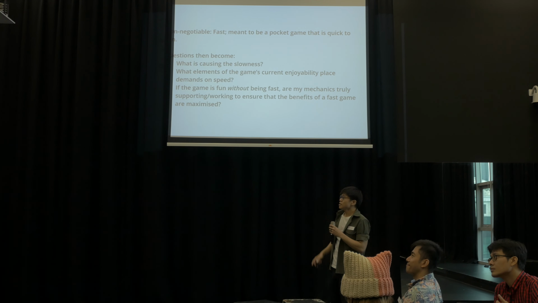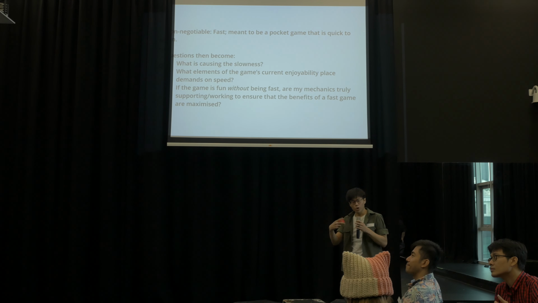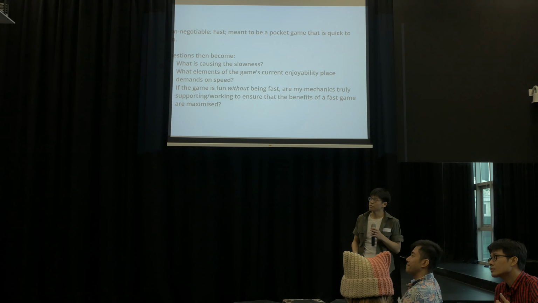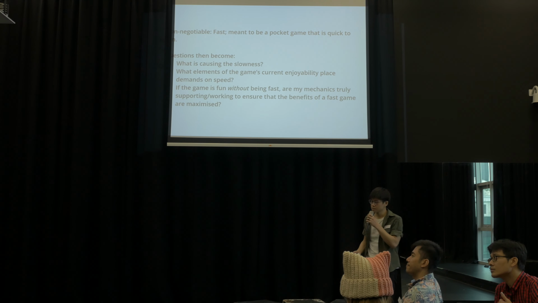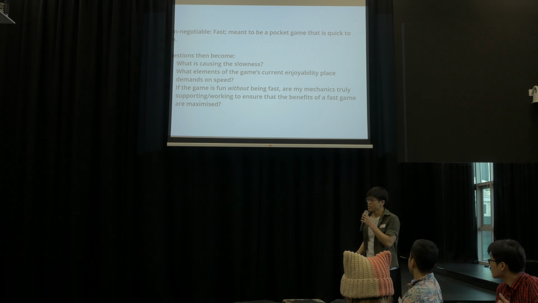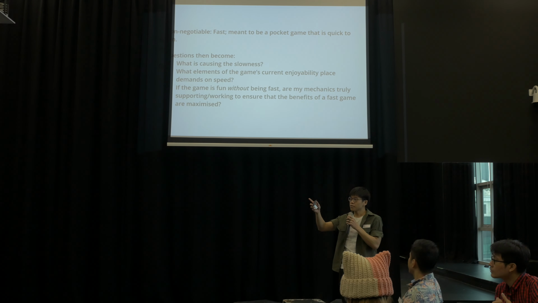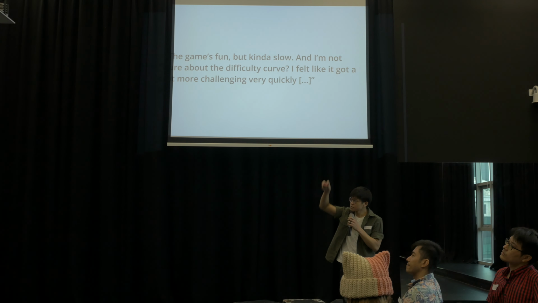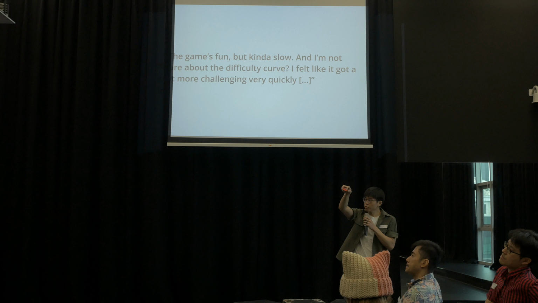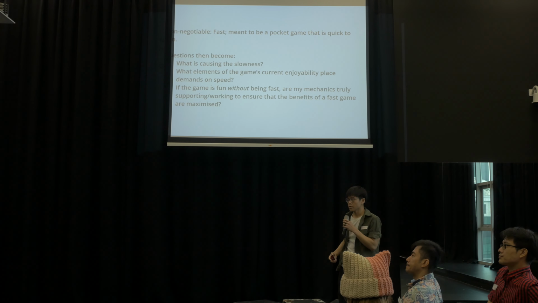So let's say the relevant non-negotiable is that it's a fast, pocket game. So it's speed and size. It's going to be fast, and the size is a pocket game, so I've got maybe 24 cards. Okay, so the way I'm interpreting this statement, I'm going to start by asking questions like,